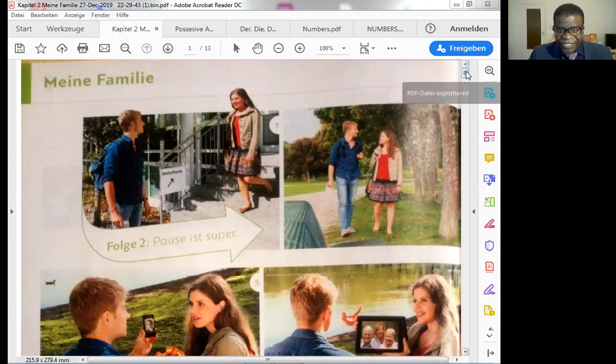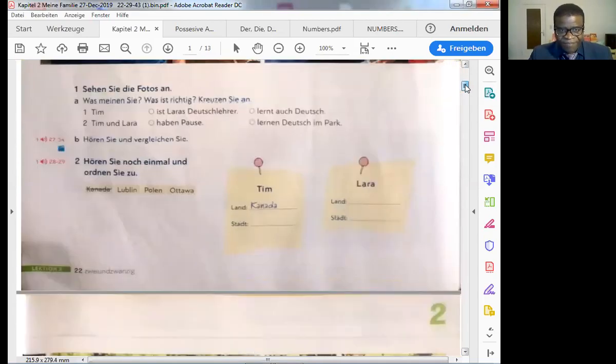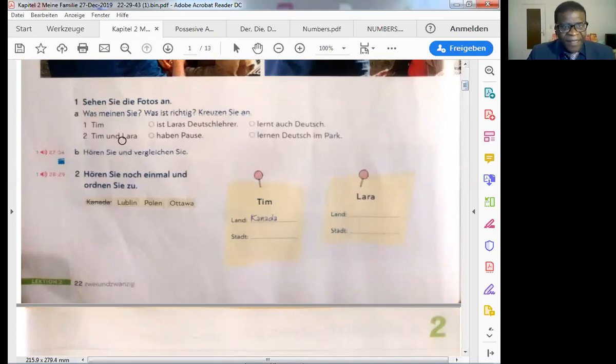Now, let's check here. Eins, sehen Sie die Fotos an. You know what it means here. Sehen is to see. See the photos. Was meinen Sie? Was ist richtig? Kreuzen Sie an. Very important to understand the meaning. This is how the test or exam comes as well. Was meinen Sie? Meinen.